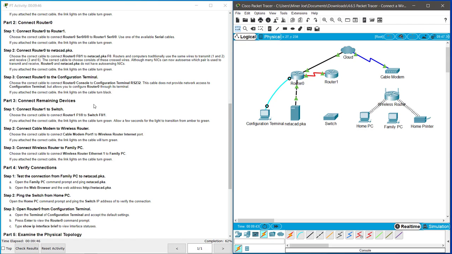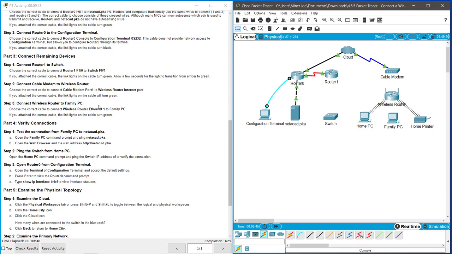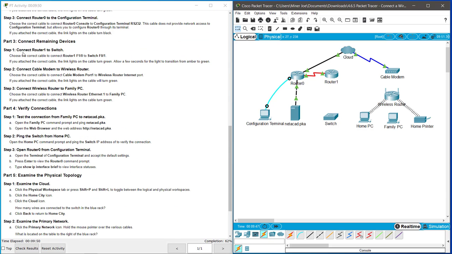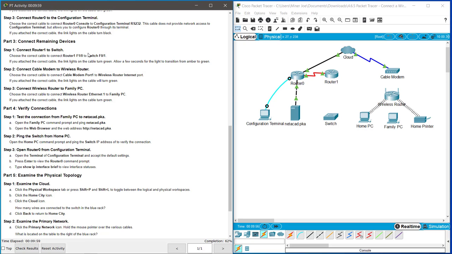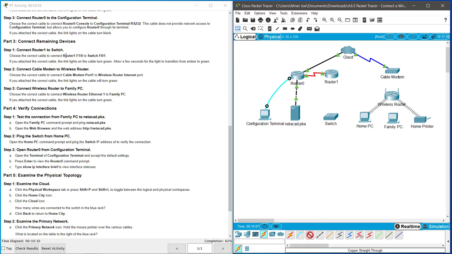Let's go down to part 3. Connect the remaining devices. Just going to scroll up here. Connect router 1 to switch. So router 1 F0/1 to switch F0/1. Once again, the F stands for fast Ethernet. So we're going to go fast Ethernet router to fast Ethernet on a switch. That is a straight through Ethernet cable. So let's go ahead and grab one of those. So that's there. And that is router 1 F0/1 to switch 1